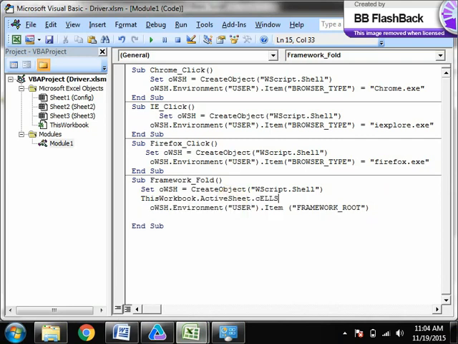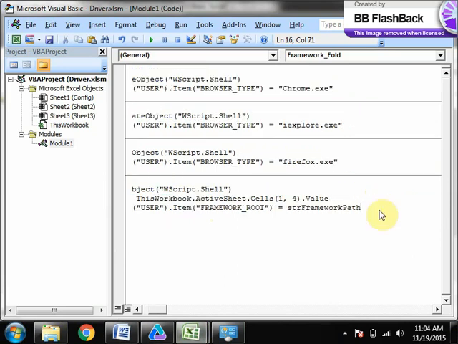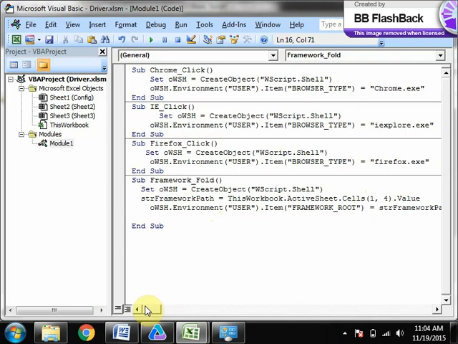Dot Cells of 1, 4 dot Value. strFrameworkPath equals to, we set up this. Okay,